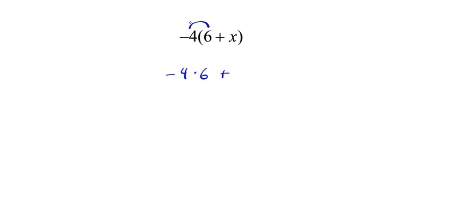plus negative 4 times x. And again, we're going to go through and simplify anything that we can. Negative 4 times 6. Remember, we've got different signs here, so we're going to have a negative answer. 4 times 6 is 24, so this is negative 24 plus, and now we have a negative and a positive again. And remember, this is just a variable, so we're just going to tag it along with the multiplication,